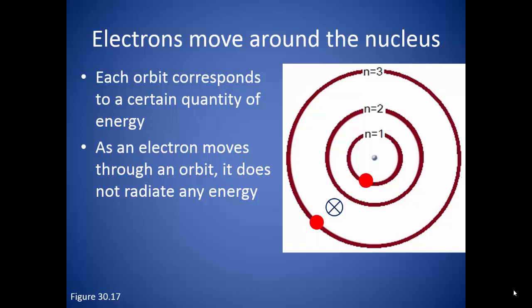In order for an electron to move up in an orbit, it must gain a certain quantity of energy. If it moves down in an orbit, it gives off a certain quantity of energy. So electrons can exist in any of the orbits, but cannot exist in between. The second part of the statement says that electrons do not radiate energy as they move through these orbits. This is, of course, in violation of Maxwell's theory of electromagnetism. But as we will see in a bit, if we say that the electrons can only have specific allowed energies, then this allows us to quantify angular momentum as well.